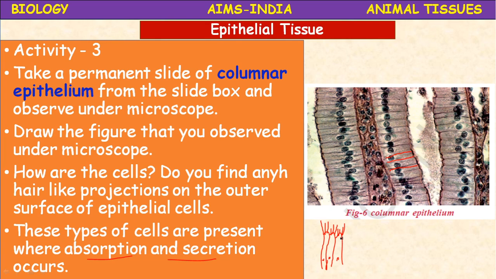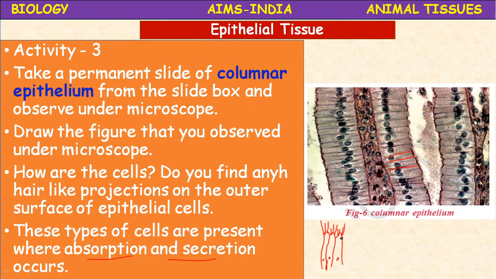Even in the reproductive system, eggs and cerebrospinal fluid move in a particular direction in the spinal cord also sometimes. Okay, so such a columnar epithelium with cilia is called ciliated columnar epithelium. Okay, children, you need to observe keenly and draw the image so that you can understand properly.